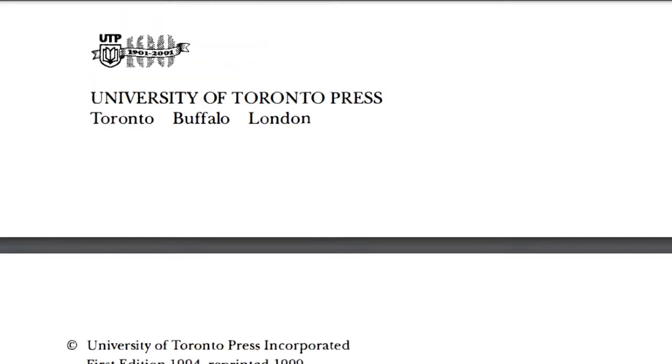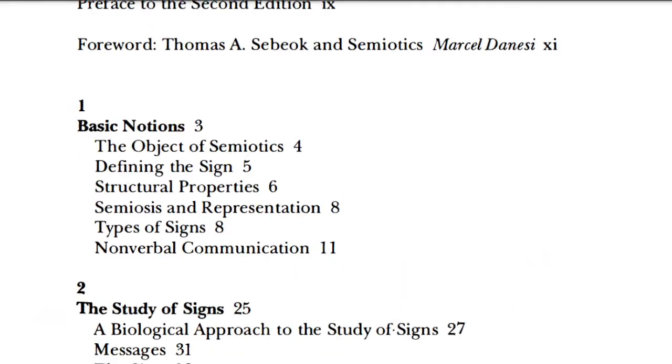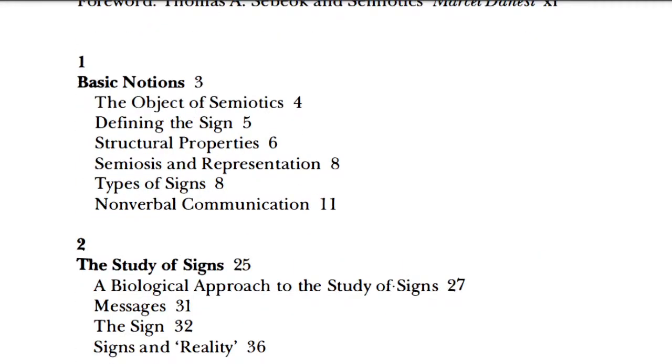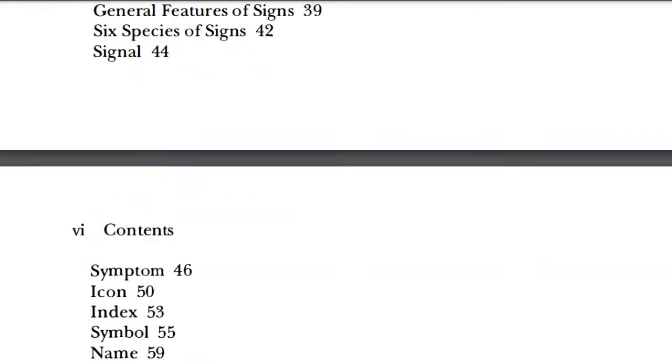So what we were going to do is go over chapter 7. We had gone over some of the introduction. Before we go into it, we're going to go over one last section on nonverbal communication. In the last stream, we went over the basic notions of semiotics. We defined the signs, the 6 classes of signs, and we looked over their structural properties, the difference between a representation and semiosis, the signs, and the representation of the signs we build knowledge and meaning from. And nonverbal communication is where we're at today. Let's start right there.